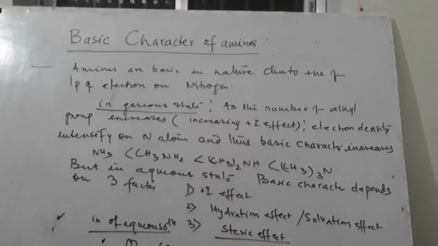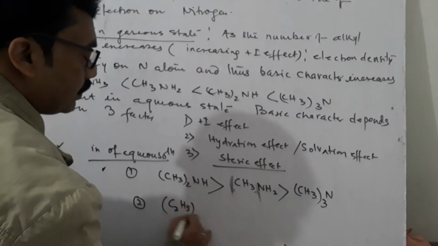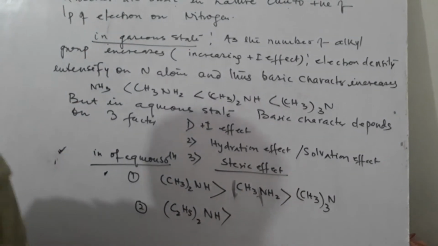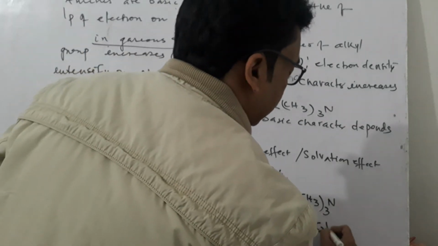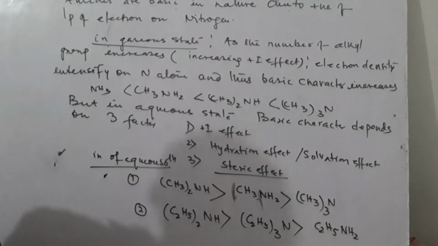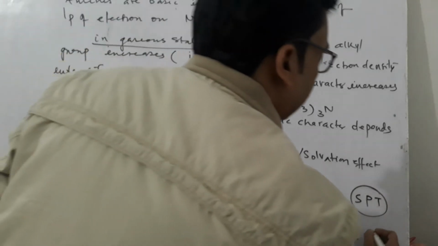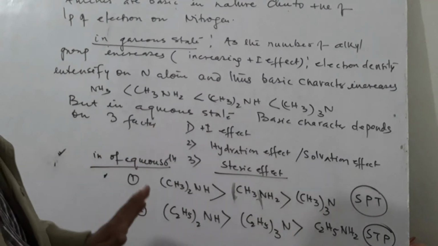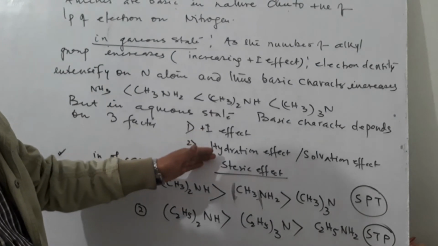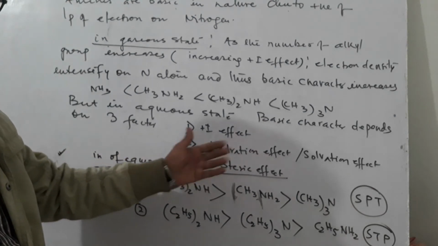लेटर ऑन अदर देन मिथाइल ग्रुप अगर हो, मान लो इथाइल ग्रुप अगर लगाए तो (C2H5)2NH, देन आफ्टर (C2H5)3N, देन C2H5NH2। यानी यहाँ याद क्या रखोगे? सेकेंडरी, प्राइमरी और टर्शियरी। और यहाँ याद रखोगे STP, सेकेंडरी, टर्शियरी और प्राइमरी। ये हो गया बेसिक स्ट्रेंथ। तो इन एक्वस सॉल्यूशन 3 फैक्टर्स are important: plus I effect as well as hydration effect and the steric effect. हाइड्रेशन इफेक्ट और स्टेरिक इफेक्ट के बारे में हम लोग स्टडी करते हैं।